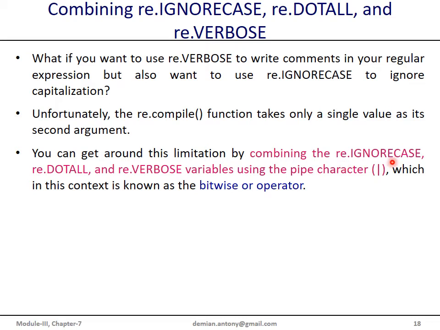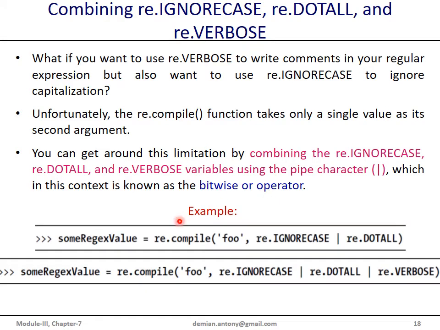We can have re.IGNORECASE pipe re.VERBOSE pipe re.DOTALL, so that in this compile context, this pipe is also considered as a bitwise OR operator. This is the example we have here. We have used both the options, ignore case as well as re.DOTALL, and in the second example we have used the pipe with options for all three: ignore case, .all and verbose. This is how you can have the effect of all these things